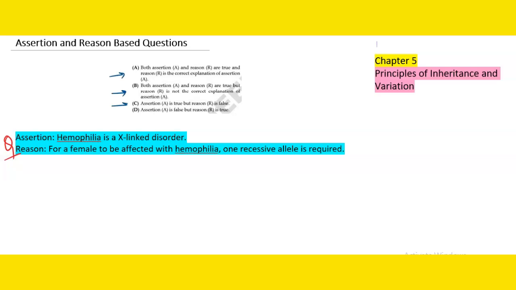Now in the exams, your first strategy should be that you don't have to waste time in reading the options. These should be imprinted in your mind. Option A will be chosen in case assertion and reason both come out to be true and reason is giving you the correct explanation of assertion. Whereas option B will be chosen if A and R both come out to be true but the reason is not giving the correct explanation of assertion. Option C should be chosen in case assertion is true but reason is false, whereas option D should be chosen if A is false and R is true.